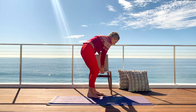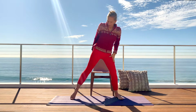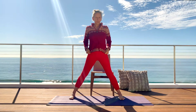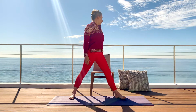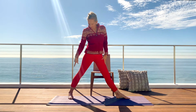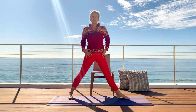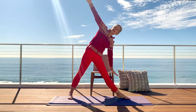So you can have the chair close into the mat and take your feet out. If you don't have a yoga mat, don't worry, but make sure that you have a nice steady foundation. Turn the foot out, right foot out, left heel out. Feel your hips squared with the front. Lift your arms up and then come and hold the chair